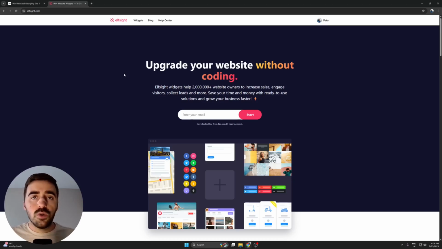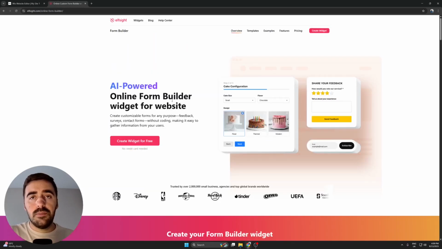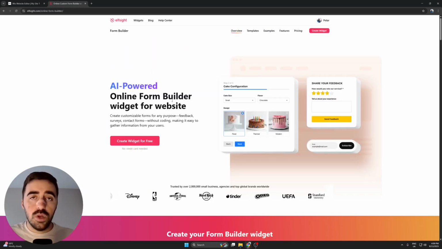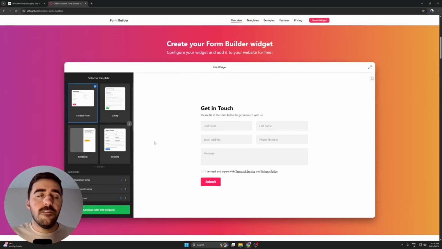From here, I want you to go to the top of the page, which is where you will find this widgets button. Simply hover over it, and then I want you to focus on the forms section right here. You'll see form builder. I want you to click on that, which will then take you to the form builder widgets page. From here, click on create widget for free, and then you'll be taken down to the form template